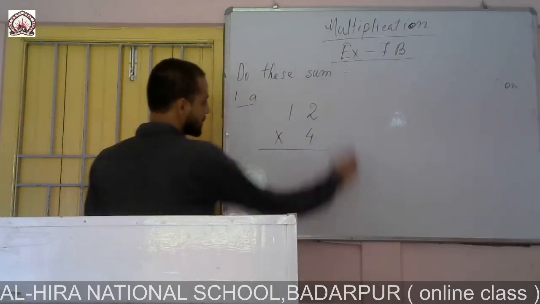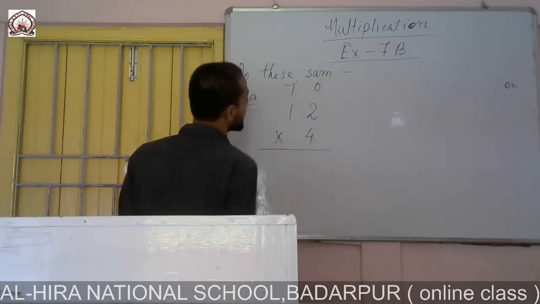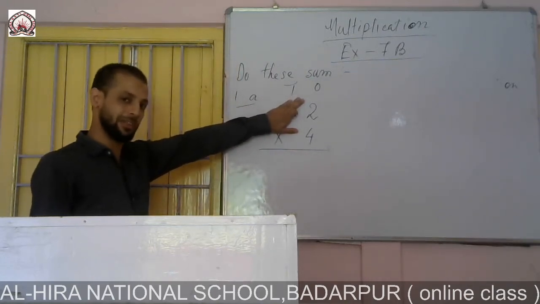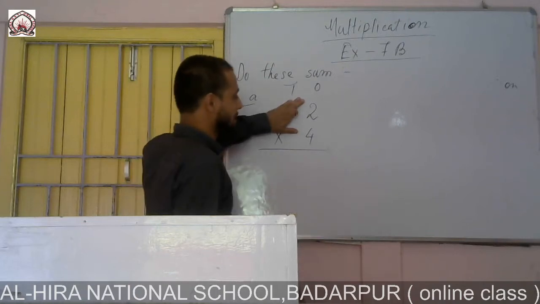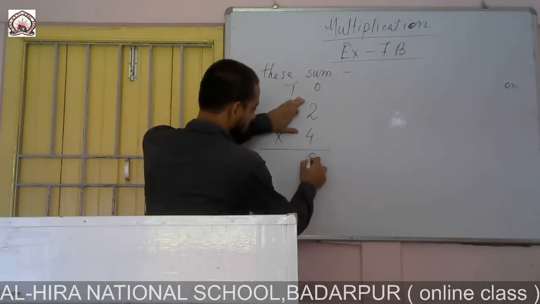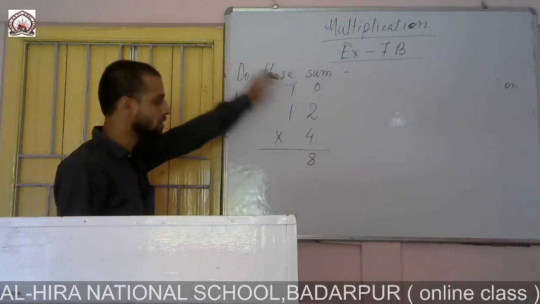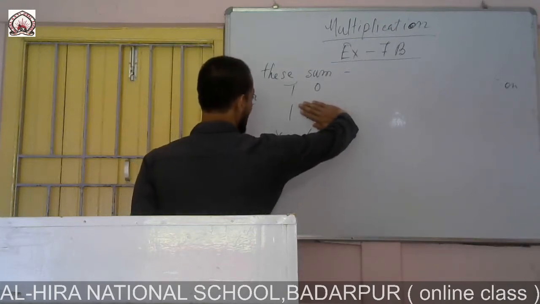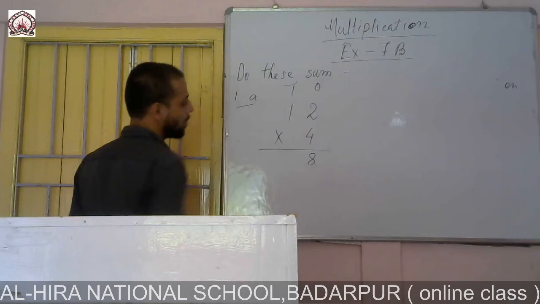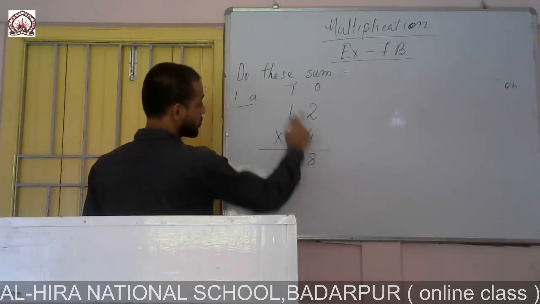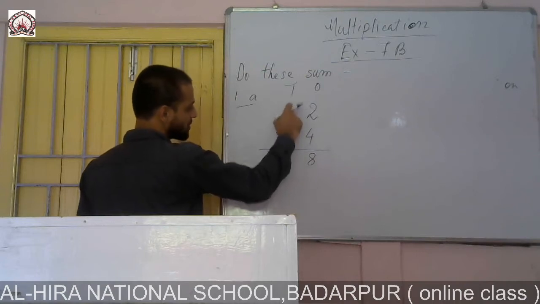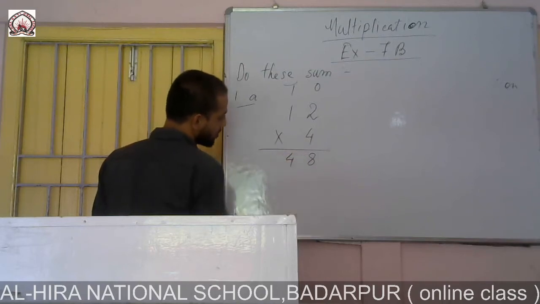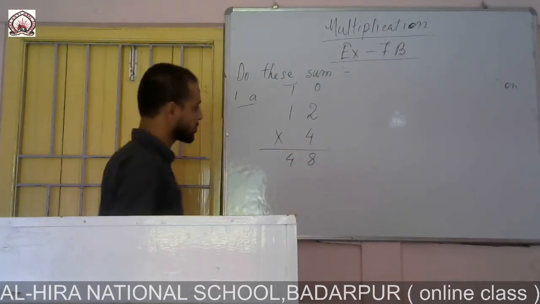So like earlier, here this is the ones place and this is the tens place. So at first what we have to do? At first we have to multiply the ones place. In the ones place, we will get 2 digits here, that is 4 and 2. So 4 multiplied by 2 equals to what? 8. That means we have to write here 8 in ones place. Now what we have to do? 4 into which place? Now if we hide this one, we will get 4 and 1. So now 4 into ones place. That means we have to multiply this 4 into tens place. So in tens place, which digit is there? 1. So 4 ones are 4. That means this 4 will come in which place? Tens place. So now next one.